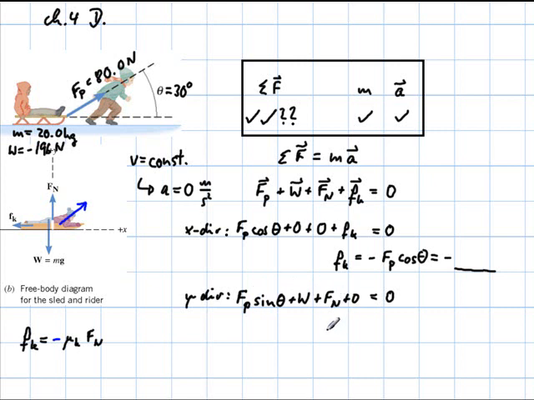except for the normal force that we don't have, so we calculate this one from here. Normal force equals minus Fp sine theta minus W equals